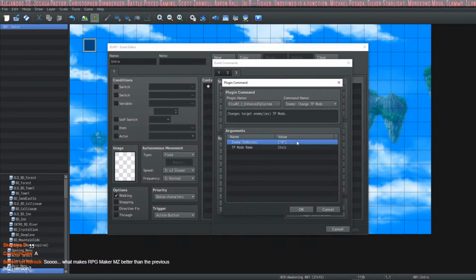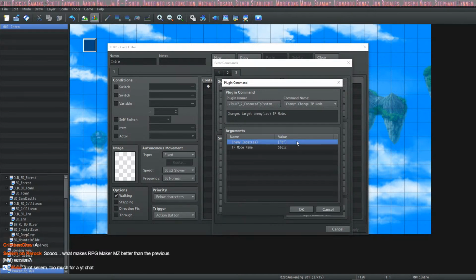So what's up, Salamon Re-Rock? So, what makes RPG Maker MZ better than the previous MV version? Well, the optimization I like. It's kind of smooth. It's smoother because we're looking at a comparison here. I hate to compare them as much, but that's what everybody wants to be like. Why should I upgrade? That's the question, right? Why should I upgrade? Well, it's different for each person.